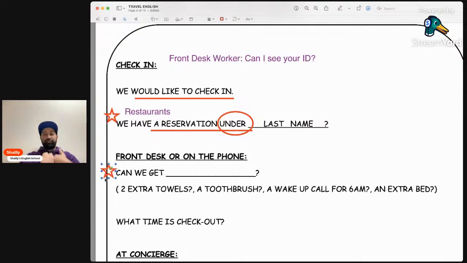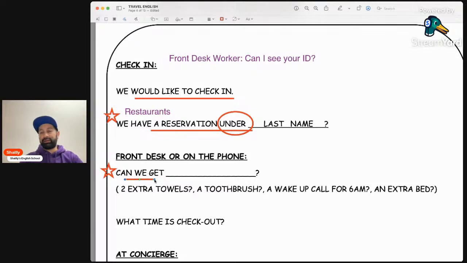Get means to receive. Give is this way. So during Christmas, during my friend's birthday, I give a present. But when it's my birthday, I get a present. So it's coming this way.